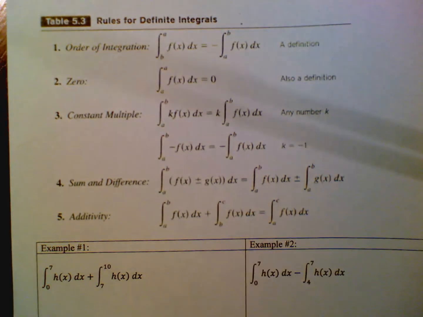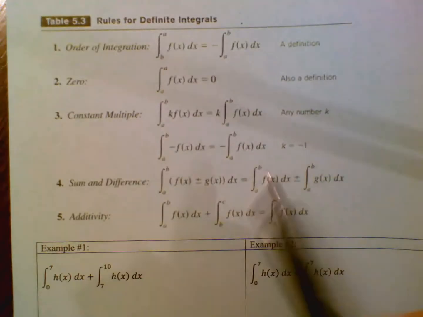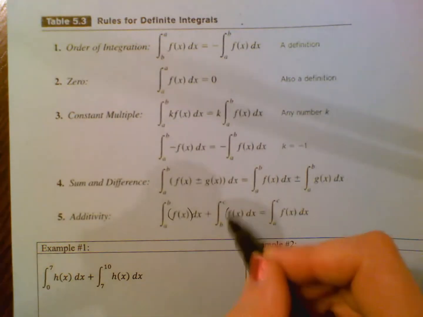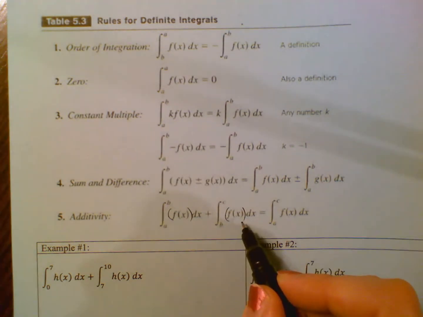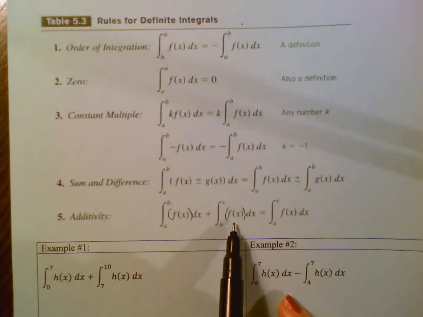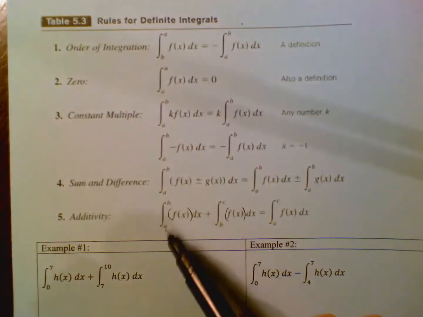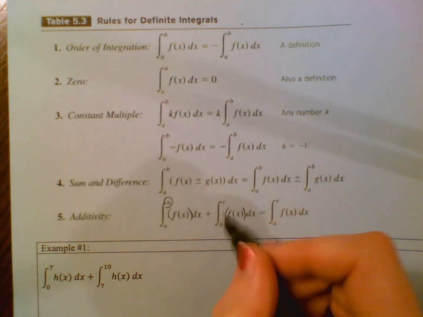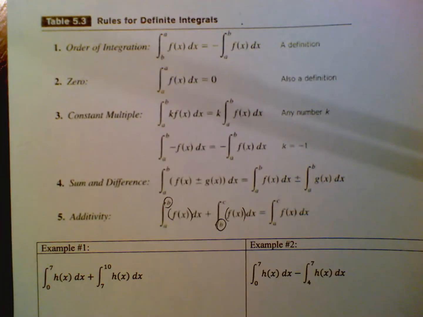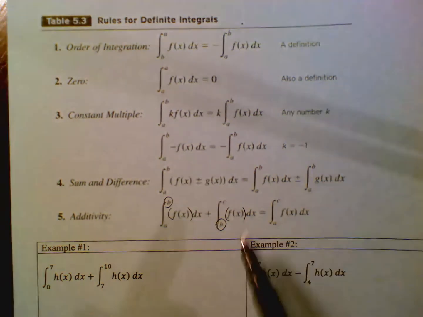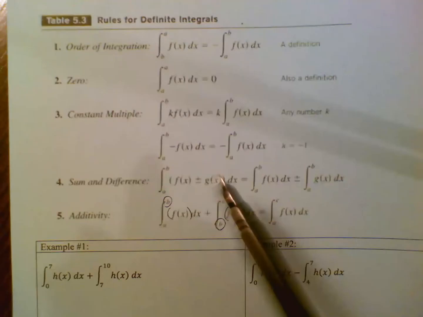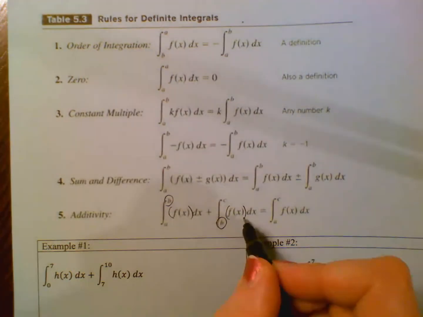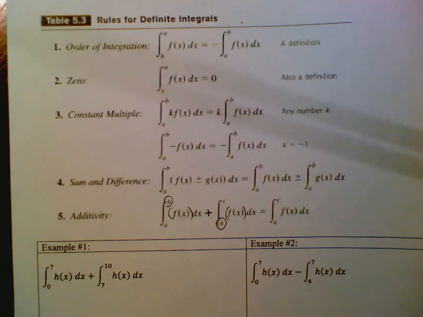So the rule, without me talking about concepts, is that if you're adding two definite integrals, as long as the input function is f of x on both of them, and the top of one of the integrals and the bottom of the other integral match, and they could match in other ways, like this integral could be first, I'll show you later. But if the top of one and the bottom of the other match, the same input in both integrals and a plus sign, so those are the three conditions,